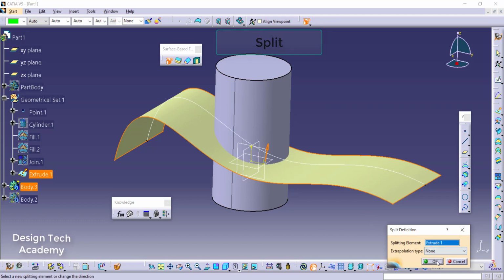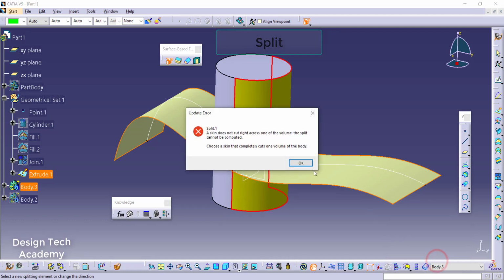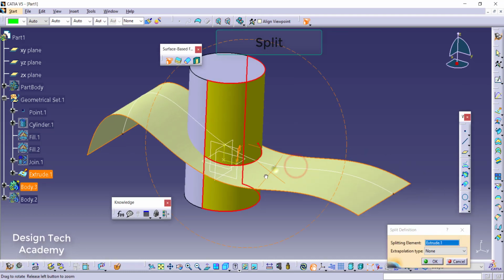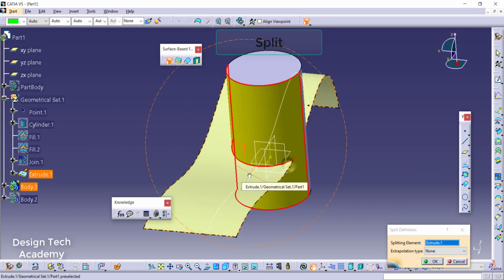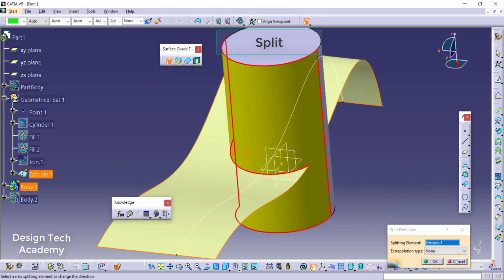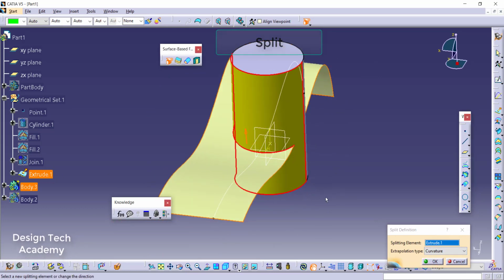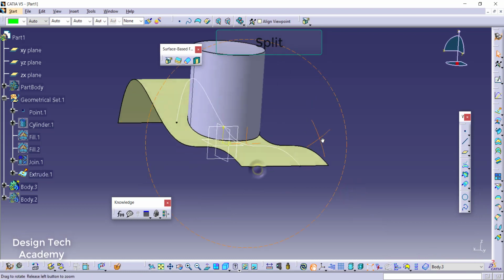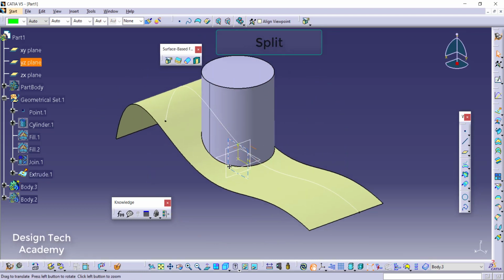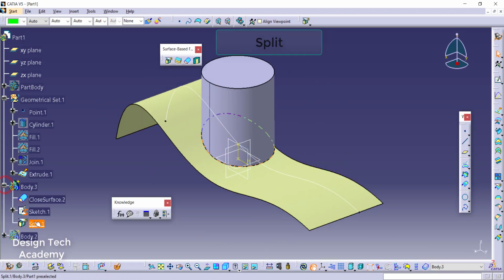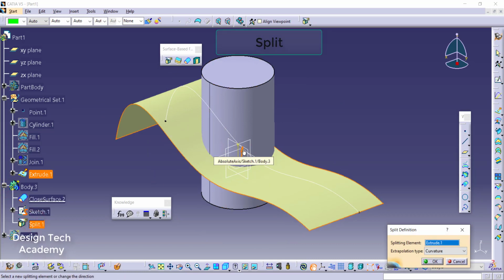So if I am pressing OK, it's reflecting an error. That means it's not intersecting. Then you can change the extrapolate type, curvature, or you can change the dimension of the extrude. That's when you can extrapolate in this direction. Then it's split. If you want to change the direction, then change the direction from here.